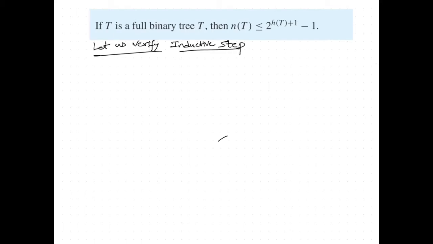Here in this inductive step I am considering T1 and T2 as full binary trees.